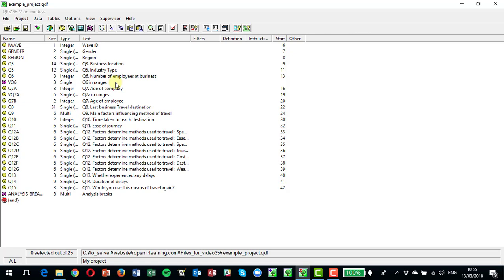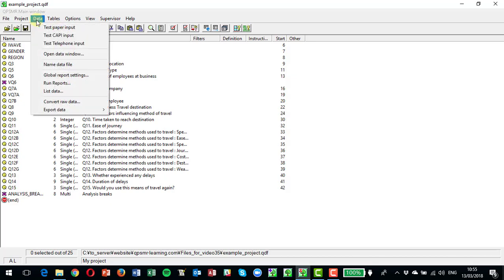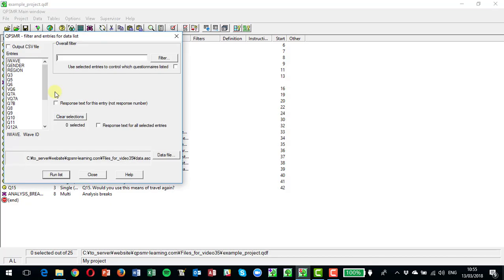Another way of getting data out of QPSMR Insight is to list data to a CSV file, and that gives you some extra options. So if we go to the data menu again and we go to list data, you'll see another menu pops up here, and this menu will allow you to output particular fields to a CSV file, and if you want to, you can filter it as well. So we could here just choose females, for example. I could apply a filter here of people who were female in the survey,